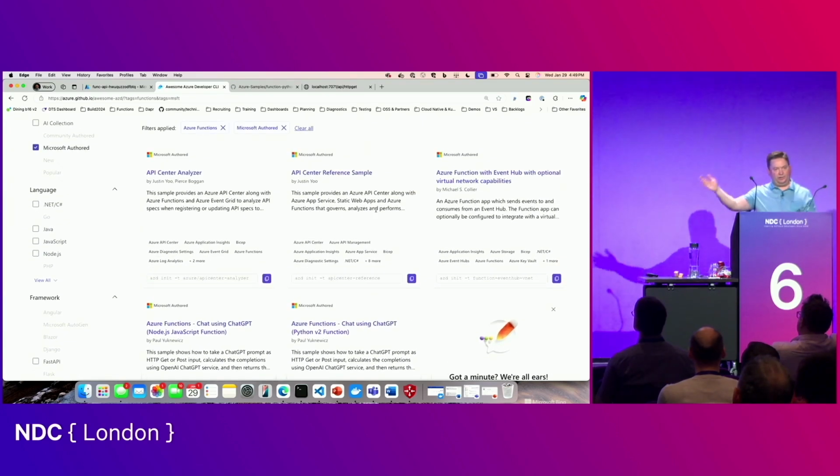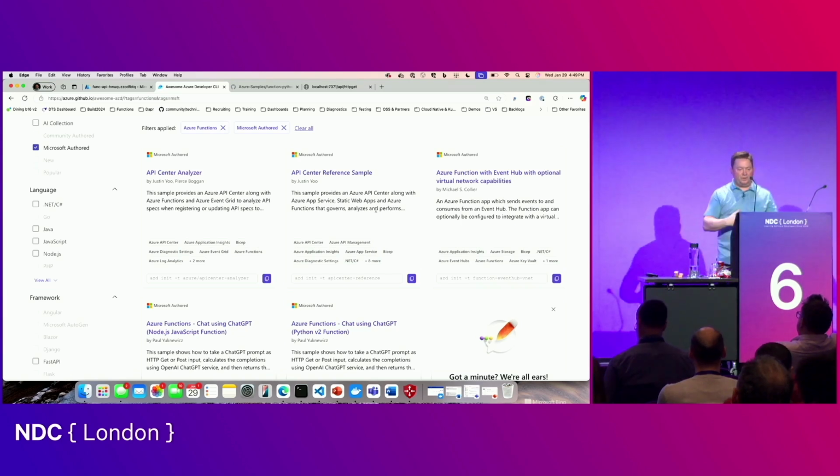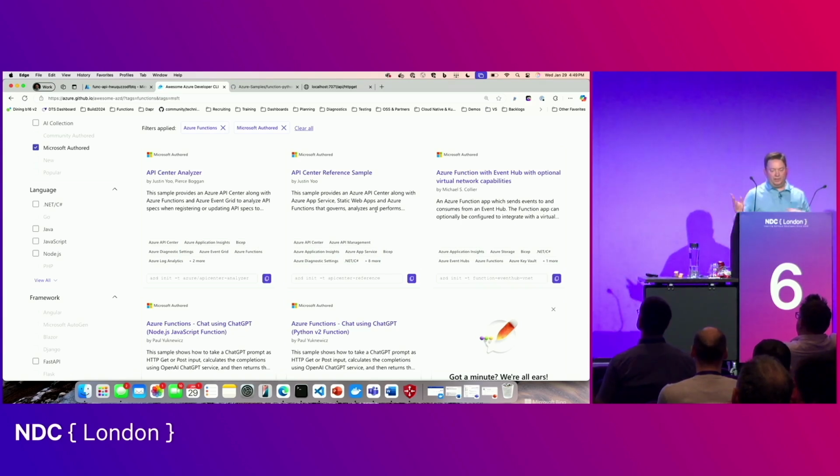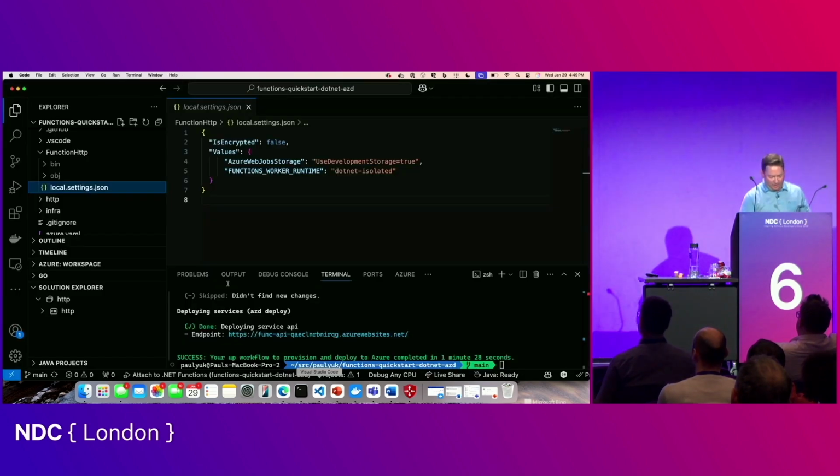We're going to follow these secure practices on every sample on the site, which is kind of cool. So we're getting secure by design. If you use any of these, you're starting off with a good reference. All right. And we provide Bicep and infrastructure as code, which I'm going to walk you through. So let's come back here.